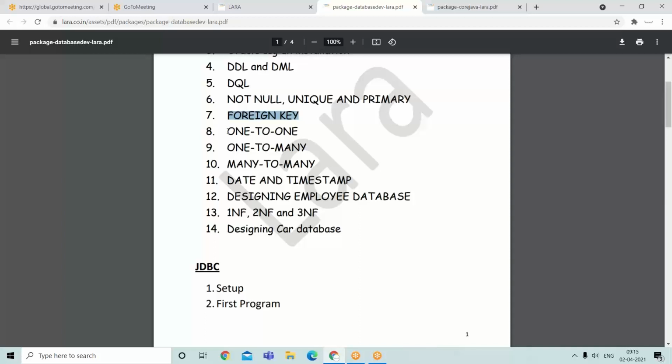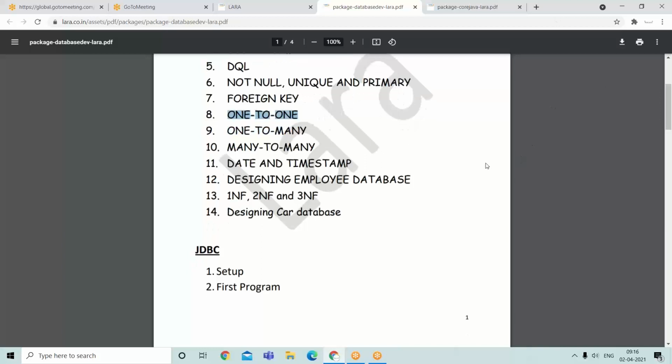Then relationships between the tables, one-to-one, please observe. One-to-one relation, you can also call it one-to-one mapping. Clearly mentioned, why we require one-to-one, how to achieve it, what conditions are to be followed for one-to-one, and how to make use of joining between two tables in one-to-one. What are the different joins available? Clearly explained with the joins as well.